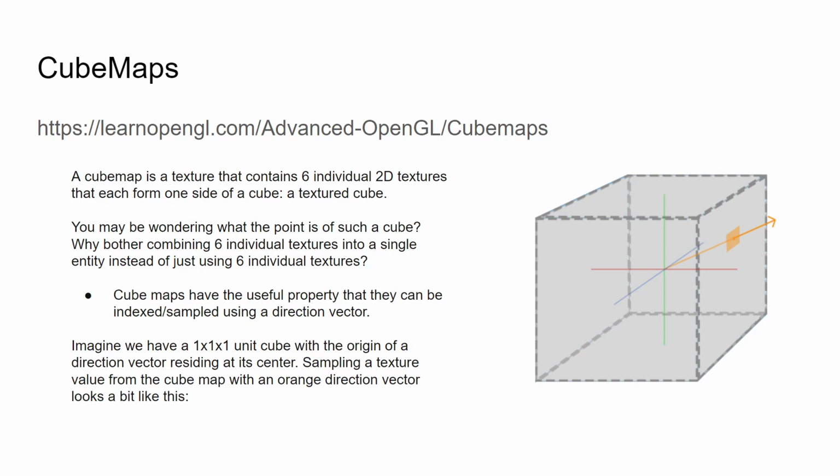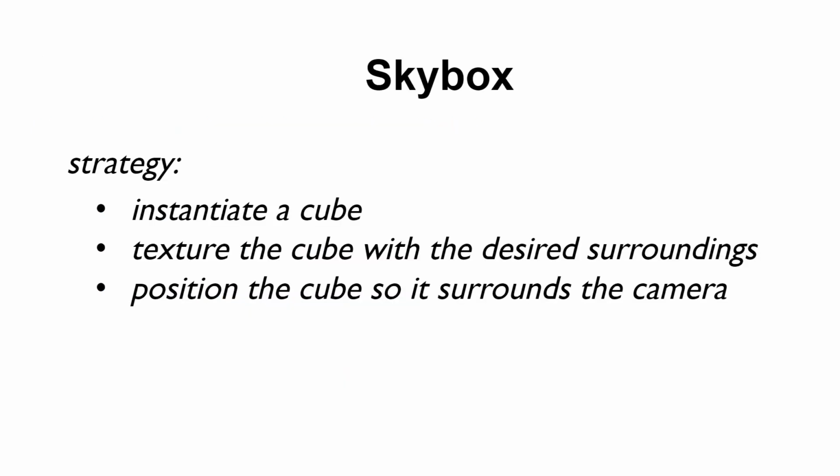So imagine the room we're in here, and we look around the walls of the room, and we say, oh, okay, that's what the environment looks like, right? Generally, it's the walls of the room. We can kind of simplify our environment and say, all right, that's where we are. That's what we want to have in the background, right? So welcome to skyboxes, right? A skybox is the environment. It is simply instantiating a cube, texturing the cube with the desired surroundings according to our newfound friend, the cube map. And the fancy part is to position the cube so that it surrounds the camera.